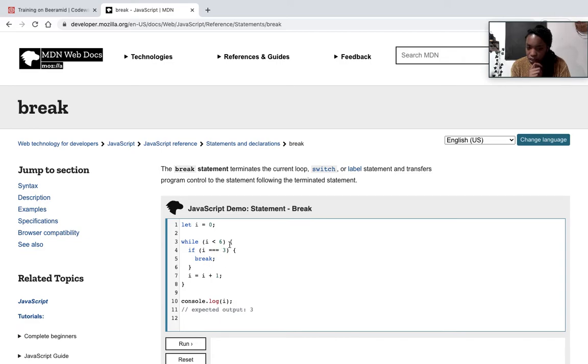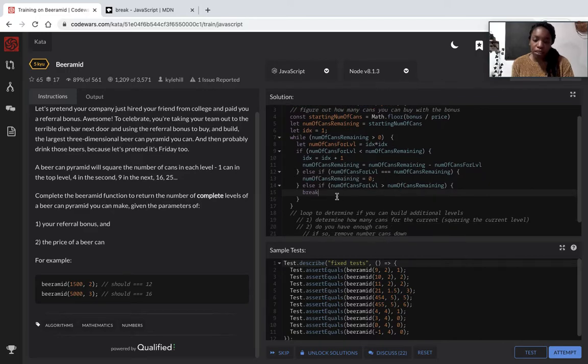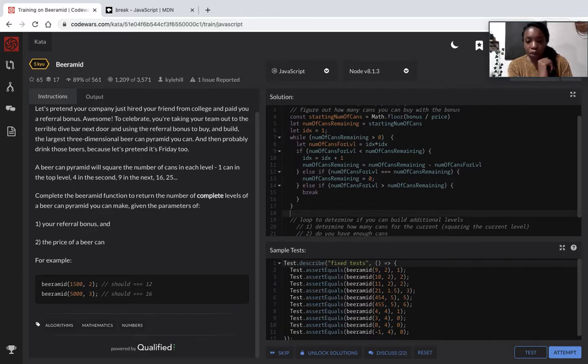Okay, break statement terminates the current loop. Yeah, okay, so that's what we would want to do in that case. We would want to break out of this loop. Okay, that's like our escape hatch. So then we would finally want to return